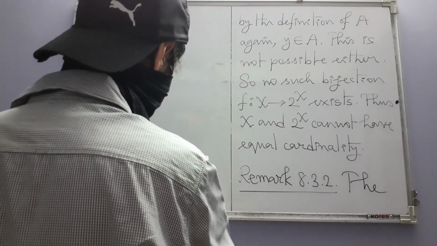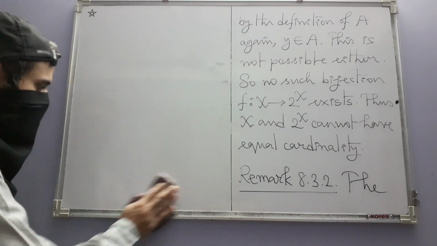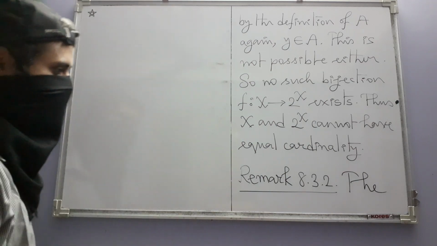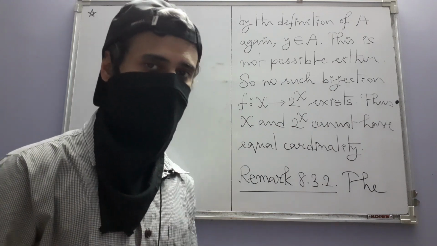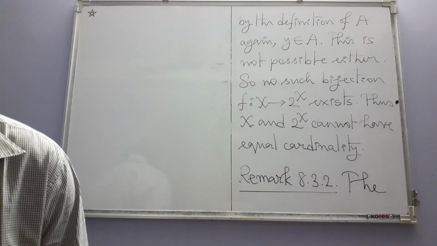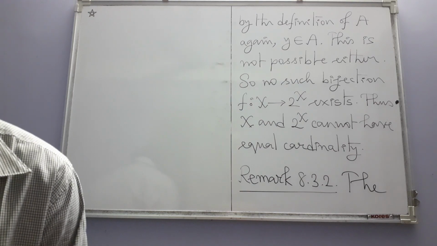We have come across a similar situation when we discussed Russell's paradox, that is, something happening and at the same time it's not happening. So that's why the author is saying the reader should compare